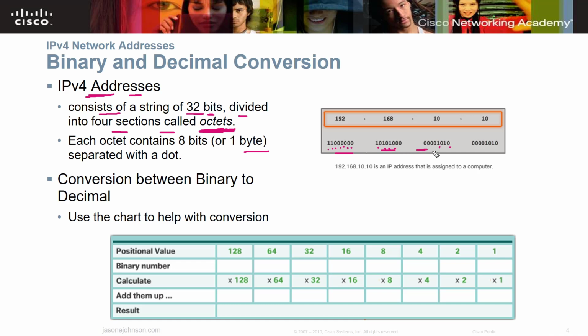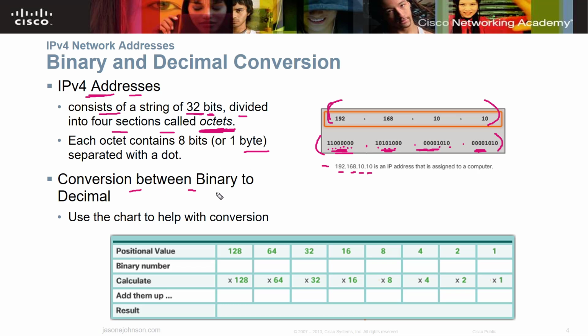So 1 byte, and so forth, separated with the dotted decimal. With the decimal in the middle, that's why they call it dotted decimal. You might hear someone call it that way as well. This is dotted decimal right here, because this is decimal with the dots in the middle. This is it converted to binary. So it's saying 192.168.10.10. If you've been working with networking or you've seen IP addresses before and you see something like 192.168.10.10, you'll know that that's dotted decimal, and you can convert that to binary. And it's 4 octets of 8 bits each.